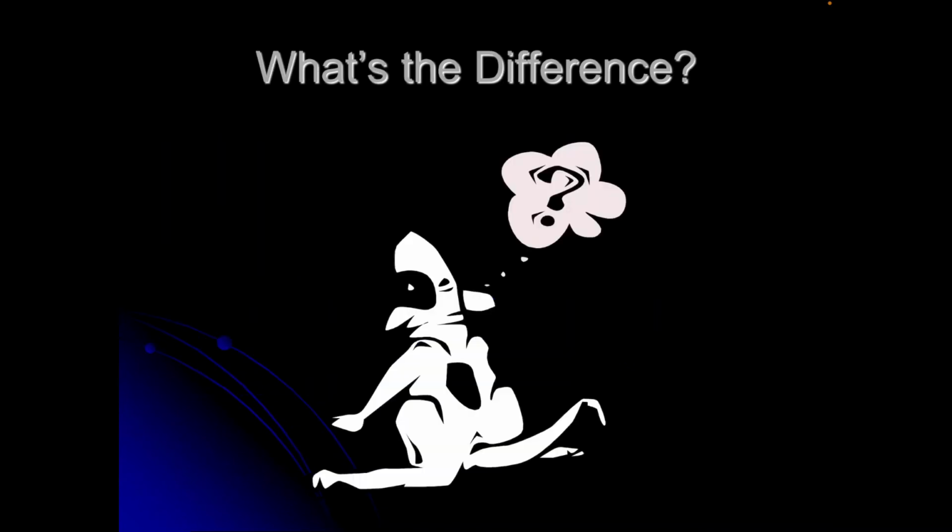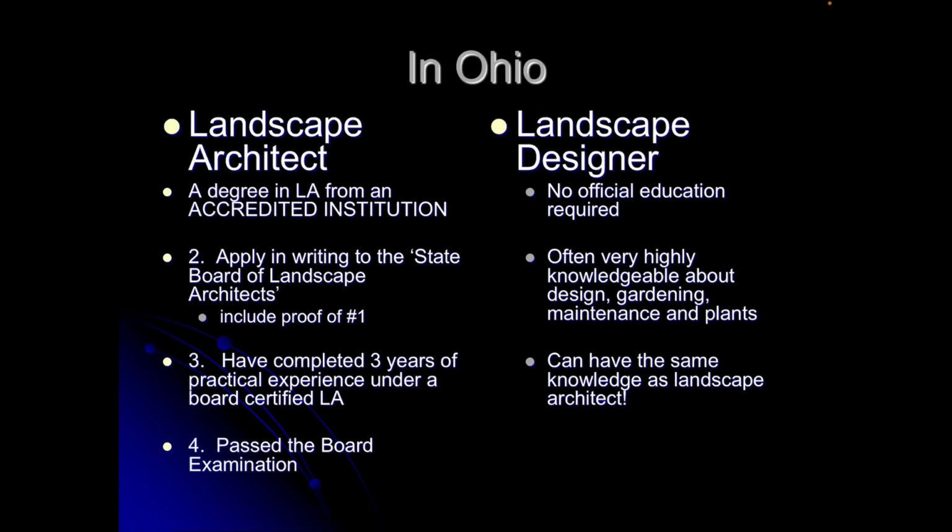So what's the difference? The difference is the licensing. In Ohio, we have licensing laws for landscape architects. So to be a landscape architect, you have to have a degree in landscape architecture from an accredited institution. You have to apply in writing to the State Board of Landscape Architects. You have to have completed 3 years of practical experience under a licensed landscape architect, and you have to pass